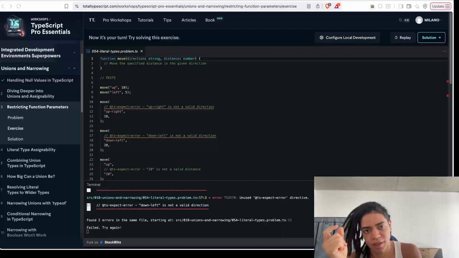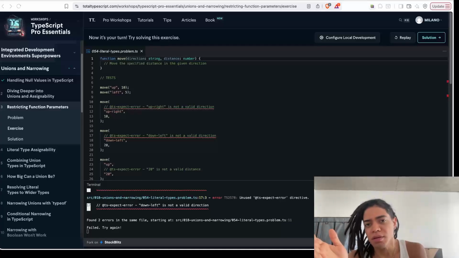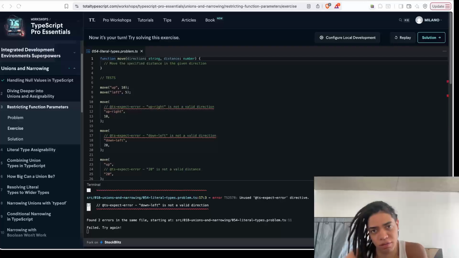Emilio Gonzalez here. So let's take a look now at the TypeScript Pro Essentials, particularly at this module on union and narrowing. As I went through the previous module to talk, look, and practice what TypeScript is all about, which is at the end of the day a project made by Microsoft engineers back in 2011-12, when they wanted to write applications in JavaScript, and given their experience on